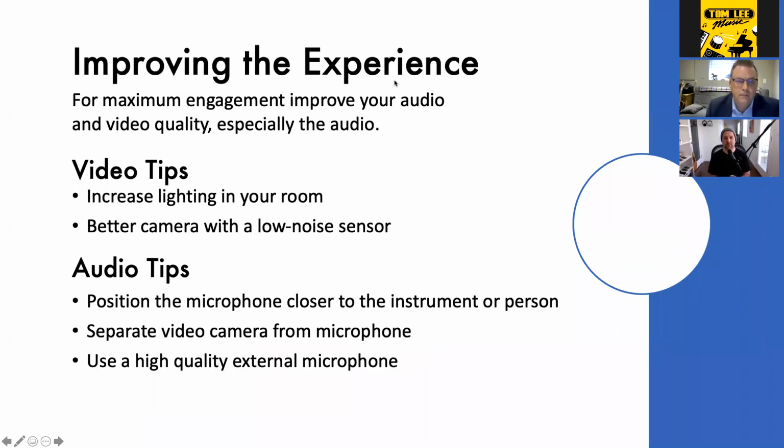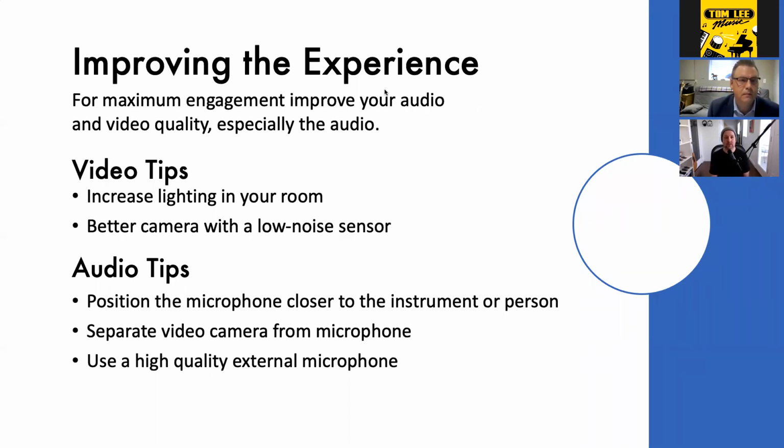So I want to talk quickly about, and I've kind of mentioned it throughout this, there are a variety of ways of improving the experience, and this doesn't necessarily require you to go buy a lot of things. I think we're going to suggest some things that you may want to consider. But really, for maximum engagement, I think improving your audio quality is one of the best ways, because video is going to vary depending on what's going on out there. There are a lot of challenges with audio not being good, and that's going to really drop the engagement. So finding ways to get your audio sounding better and getting the video looking better is important.